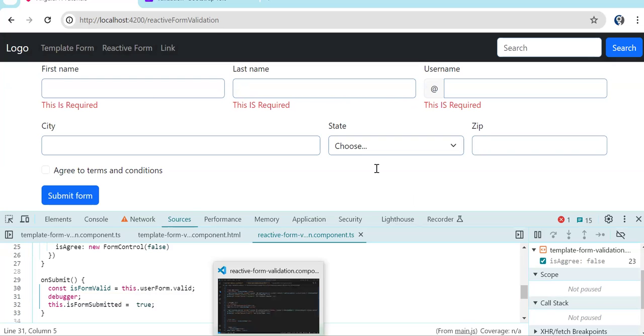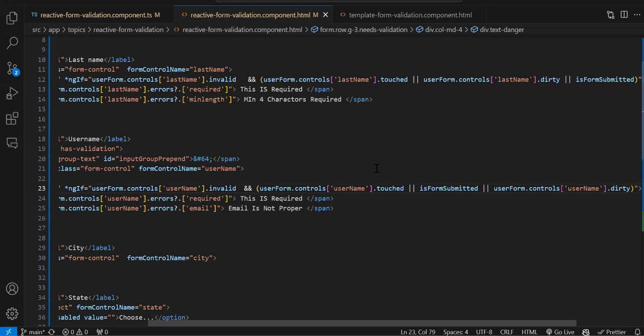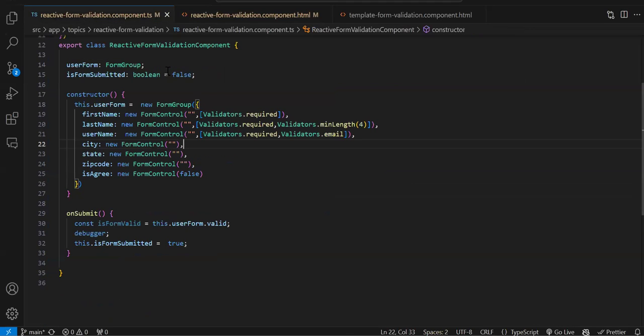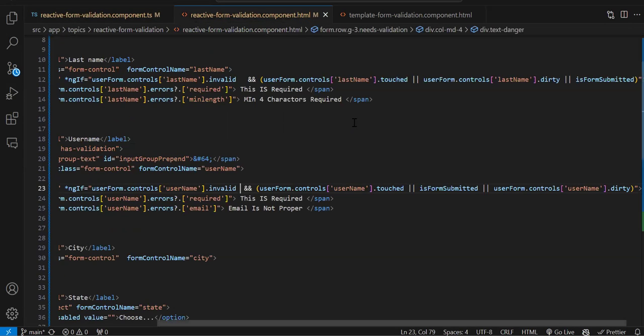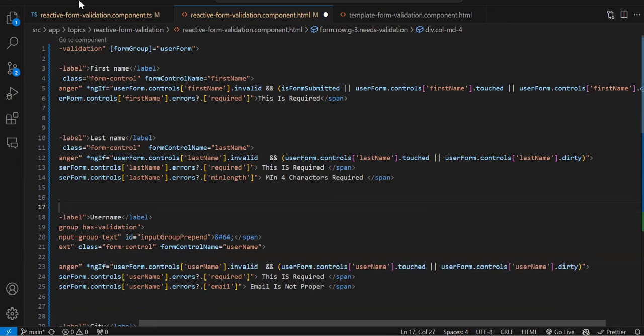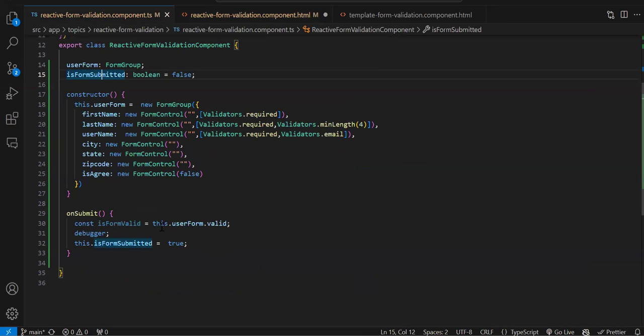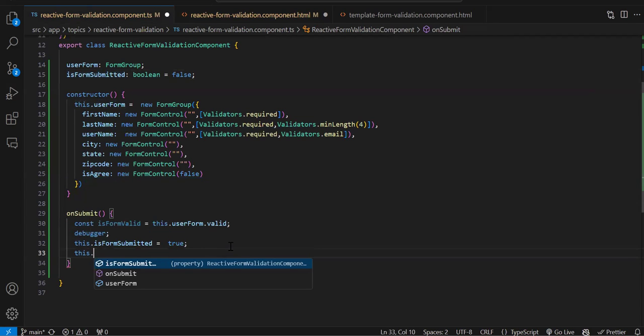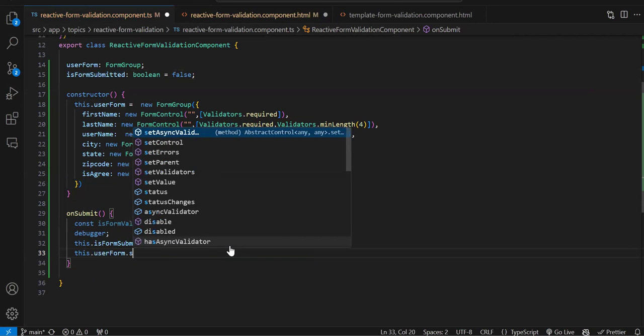But as this is a reactive form, we have so many things already available over here. So you can see now, rather than creating this variable, I'm using this variable for triggering the validation on the first name only. Now from last name and the email, I'm removing this. Now there is one more way, that is a reactive way to use this. So I can make this form as touched. So that we can do like this.userForm.set